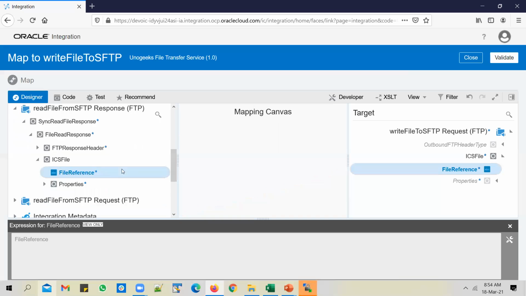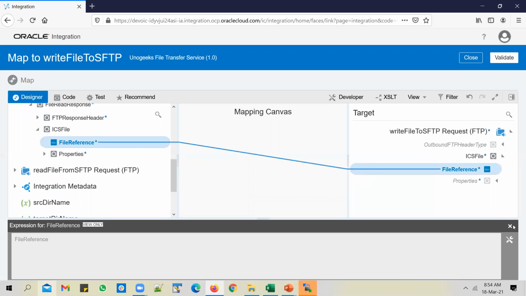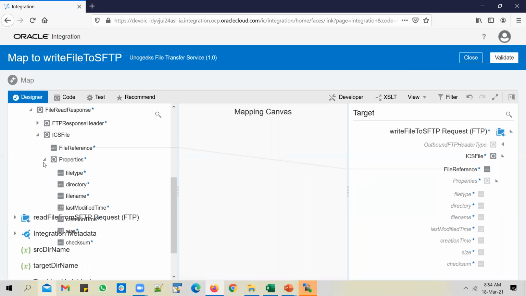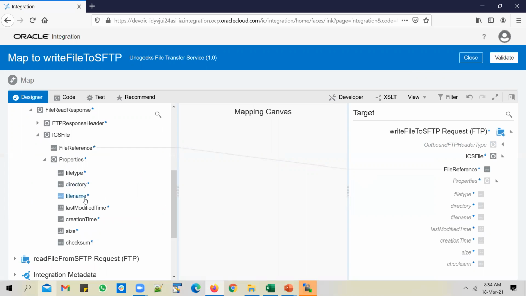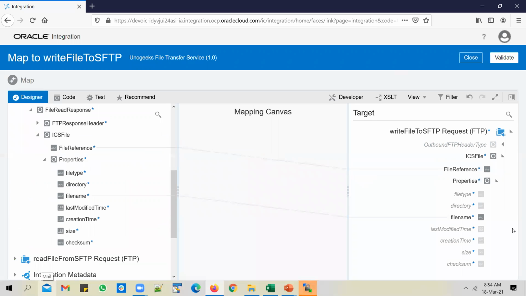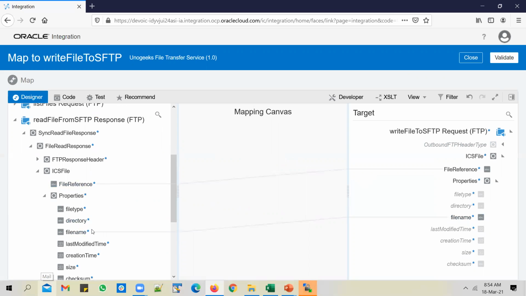So you can pass in that reference as input to the write file operation, and you can also map the file name, and the directory name. You have read the current file from SFTP, and you want to write it to a target directory.